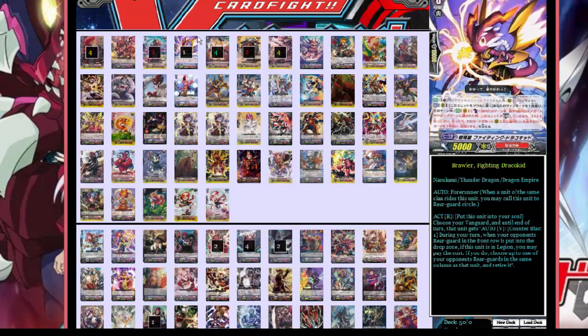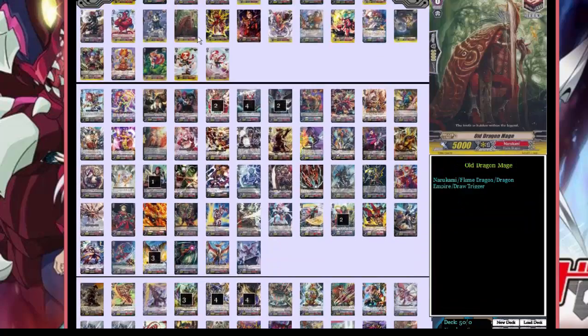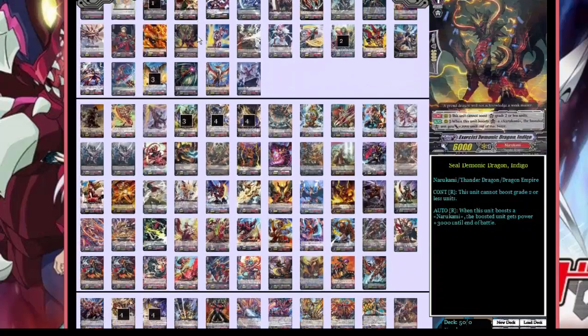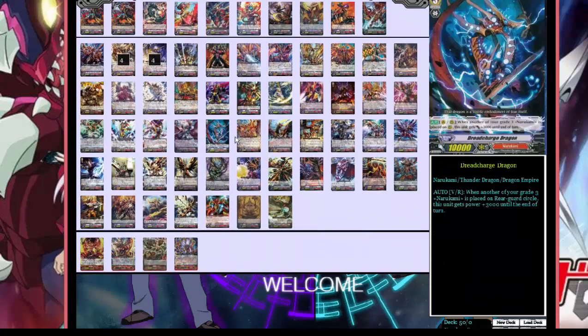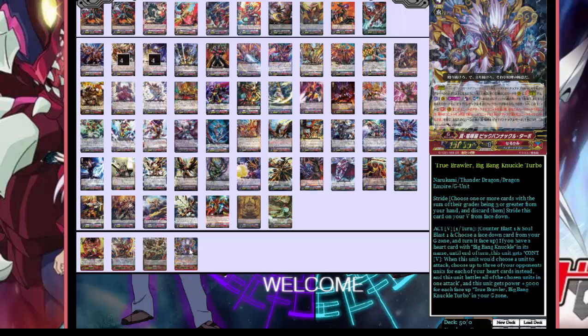You can also, if you would put Draco Kid in the soul, counterblast 2, because it's not a once per turn skill, to get rid of the other 2 rear guards to clear their field entirely, which is a really good skill and can be very helpful. But there is another way to do that, because Brawlers have gotten their own stride, and that is True Brawler